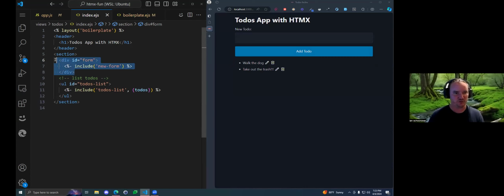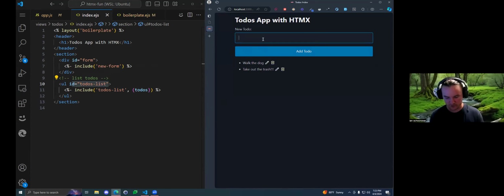Okay, so this is our form, lives inside this div. Right beneath it, we have our little index here with the to-dos list. Again, I'm putting an ID on here because I'm going to hook into this unordered list, and I'm going to replace, or rather, I'm going to prepend the newest to-do items I add. So